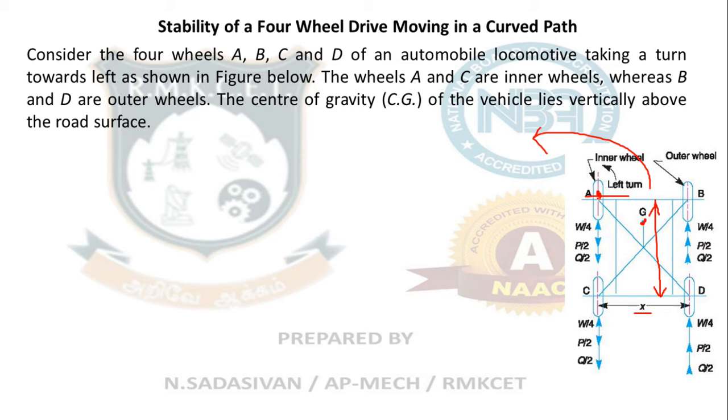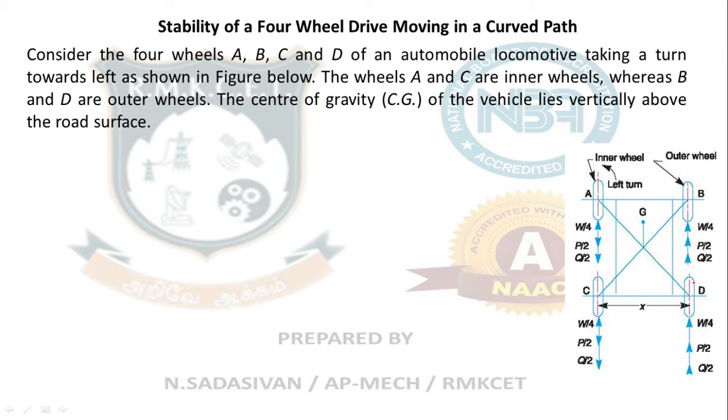Now what will happen? That will create a rolling motion. The car will try to roll to the side as a result of this. If you take this turn very fast, your car will roll over. You will meet with an accident. Your car will roll to the side. So that is the gyroscopic effect. Now we will see this in full detail.